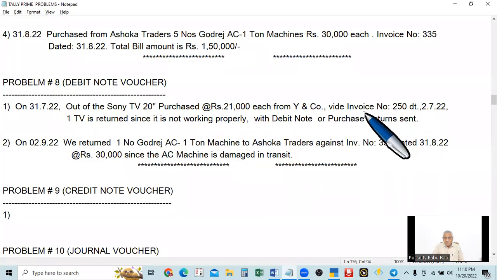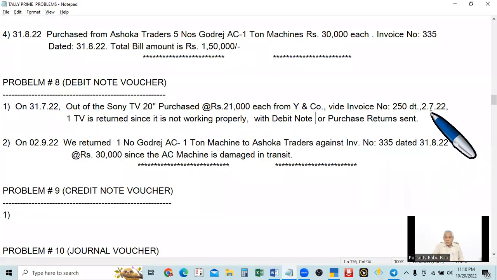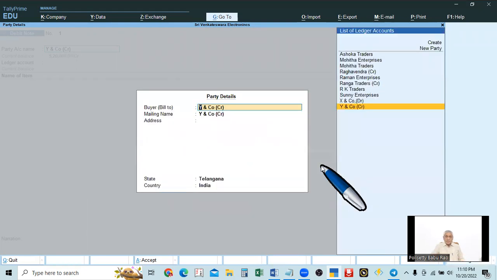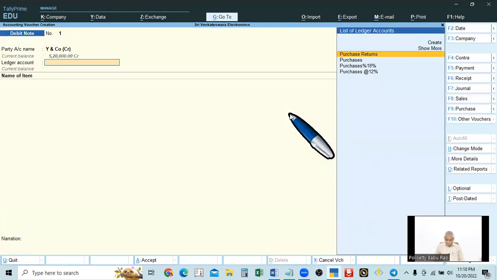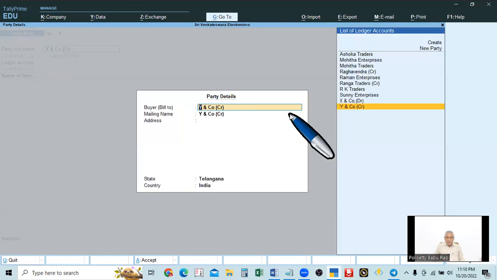And then here, what is the original invoice number? 250. So 250 is the original invoice number, and the original date of purchase is 27. If you type 27, it's enough. You need not type the year. Okay. And then party details will come. Dispatch details, then party details. You see here also, party details. Okay. And then if you press enter, or if you press Control A,